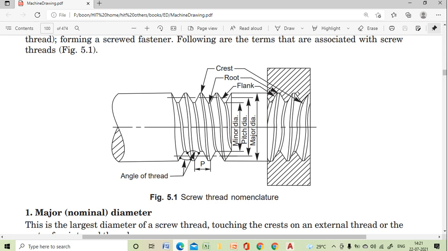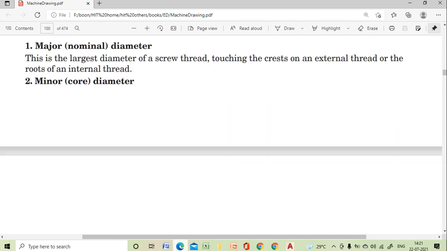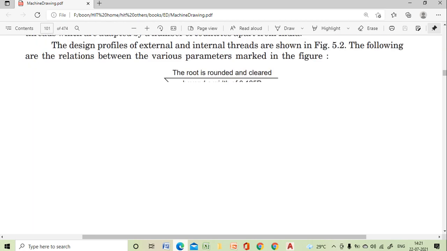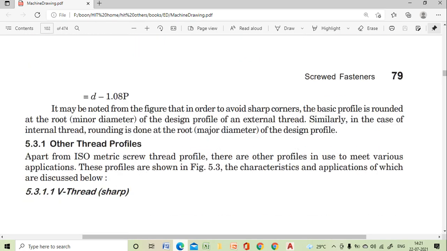Now how we can present the external thread and internal threads. Okay, there is a symbol by which you can present the external thread and internal thread. So always remember that in case of external thread, we will represent it. I'm showing you the symbols.